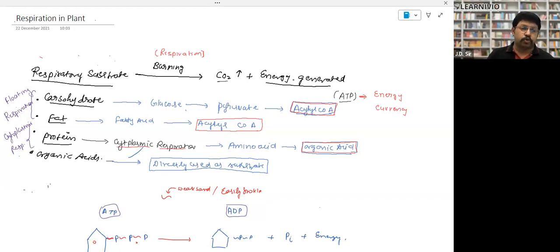After 1 month, 2 months, when complete fat is consumed in the form of energy, then it comes to the protein. Now the body will start breaking down protein, and when burning of protein starts, a person will die, right? So that's why we say the body will start eating itself, the cell will start eating itself, right? Mitochondria will start breaking its own components. That's why we call it cytoplasmic respiration. So this is all about the respiratory substrate. Tell me, is it clear or not?